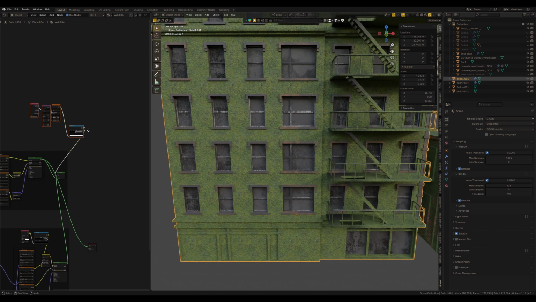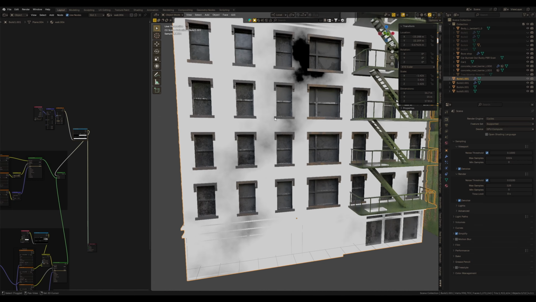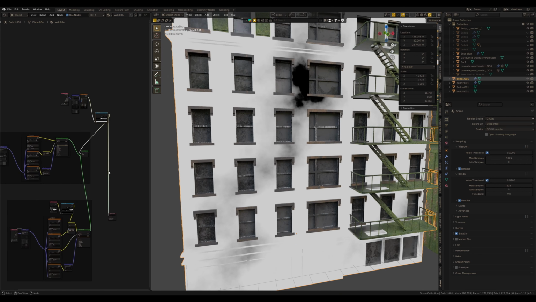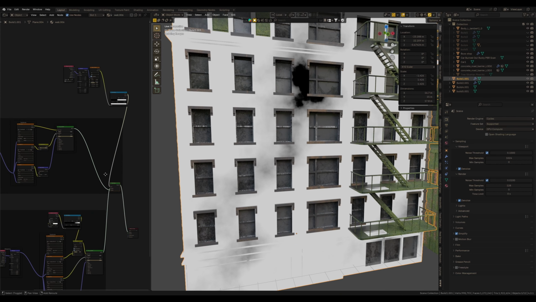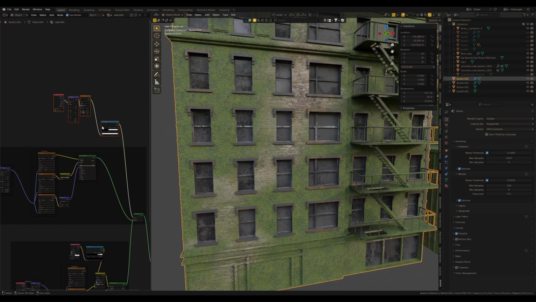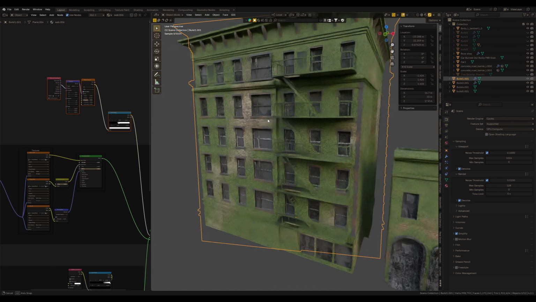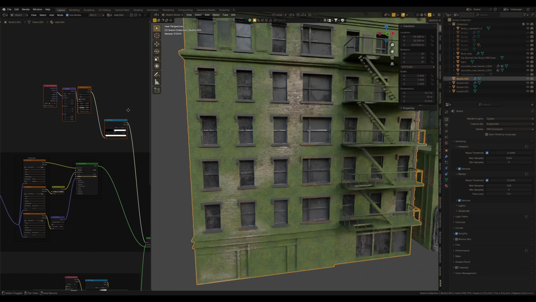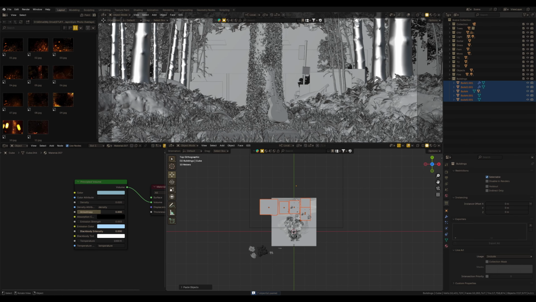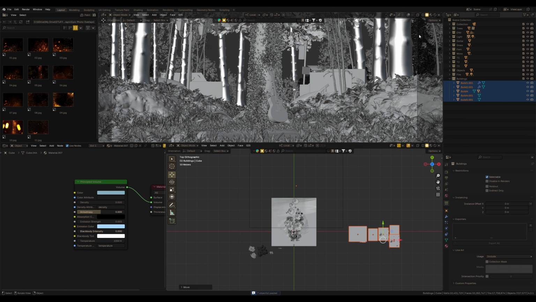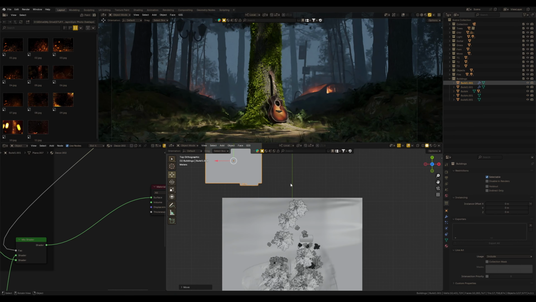I also created a noise mask with a color ramp to choose where I want the grass and bricks to appear. By connecting everything, I got an effect that makes these buildings look like they've been staying in a harsh post-apocalyptic environment for years. So alright, I drop them into my main scene and place them somewhere in the background.